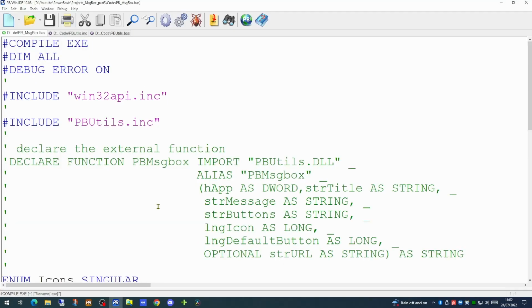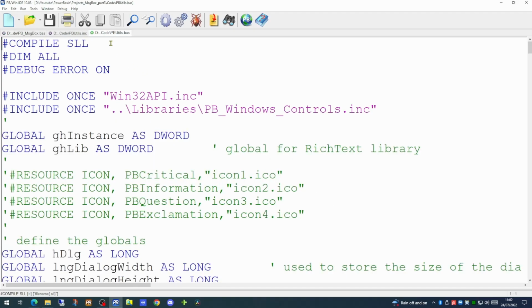So in summary, what we've achieved today is we've taken the code for our enhanced message box function and we've migrated it into a static link library by changing only a few lines of code within our source. We've changed the compile option to compile to static link library. We've removed the resource commands and put them in an include file.